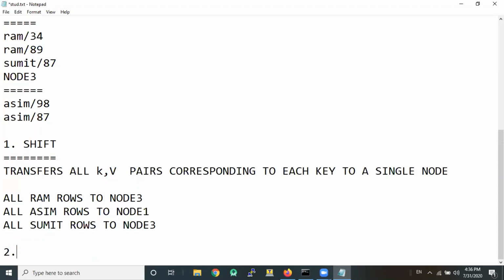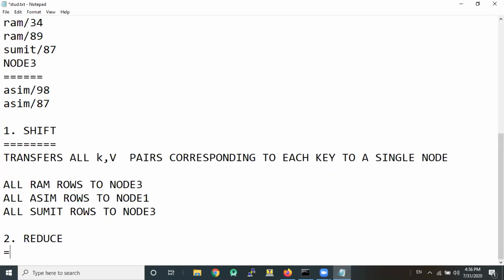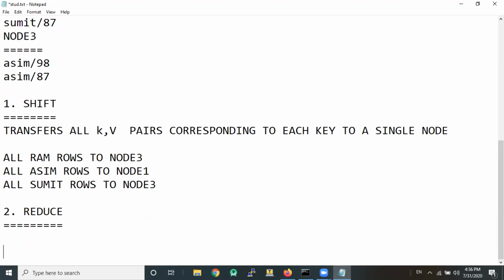Second part is the actual reduce. What does the reduce do? It forms a table like this: A, comma, aggregate of the values.